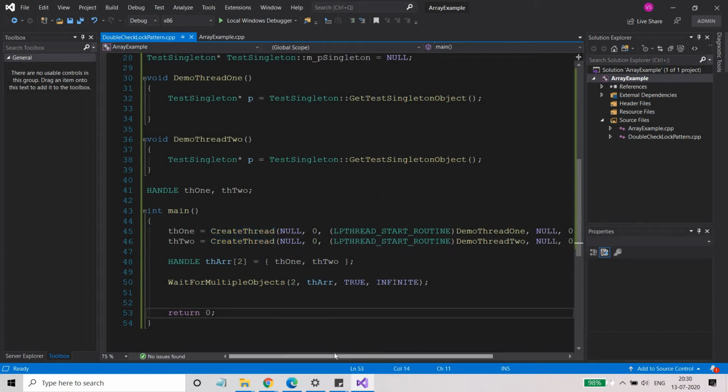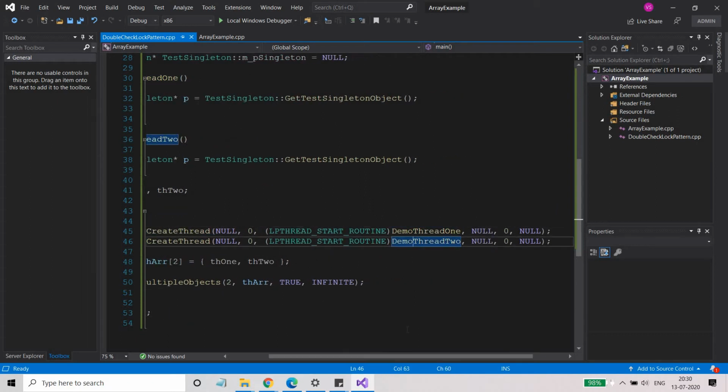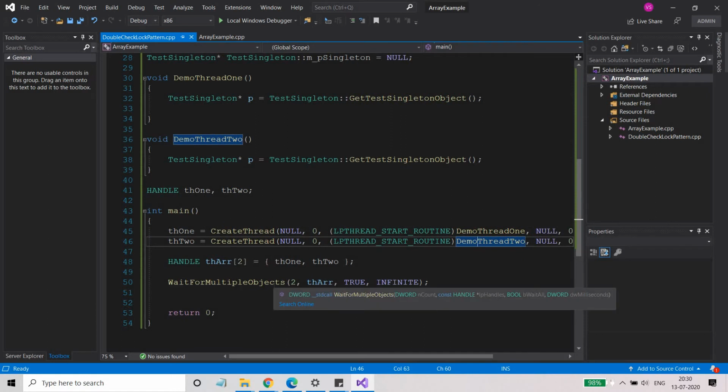So here, ultimately, we have two threads, demo thread 1 and demo thread 2. And you know that when an operating system is running two separate threads, it gives some time slice to one thread, and then some time slice to the other thread. Using a scheduling algorithm, every thread gets some time slice to execute itself, right?